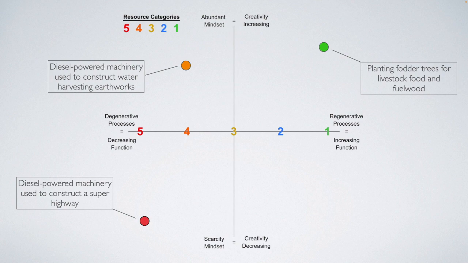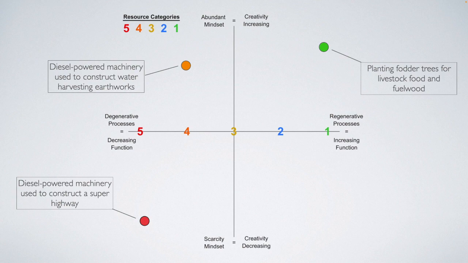If there are resources or patterns of use that don't align with your holistic goal, then use this chart to brainstorm ideas for what other forms of money, energy, or resources can serve as inputs for that system, or the different ways in which those inputs can be used to create more of what you want and less of what you don't. As a general rule of thumb, you will create more sovereignty in your life if you can design your systems of support to preferentially utilize resources from categories 1, 2, and 3, while limiting or avoiding the use of category 4 resources, except perhaps in emergency situations, and ideally completely avoiding the use of category 5 resources.